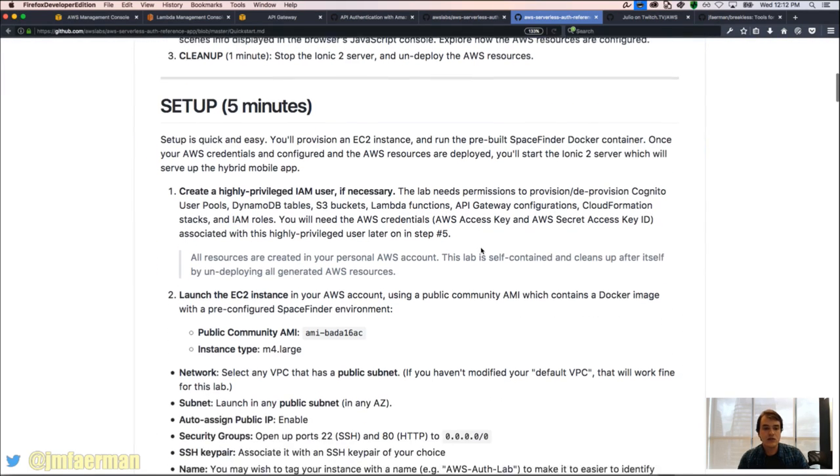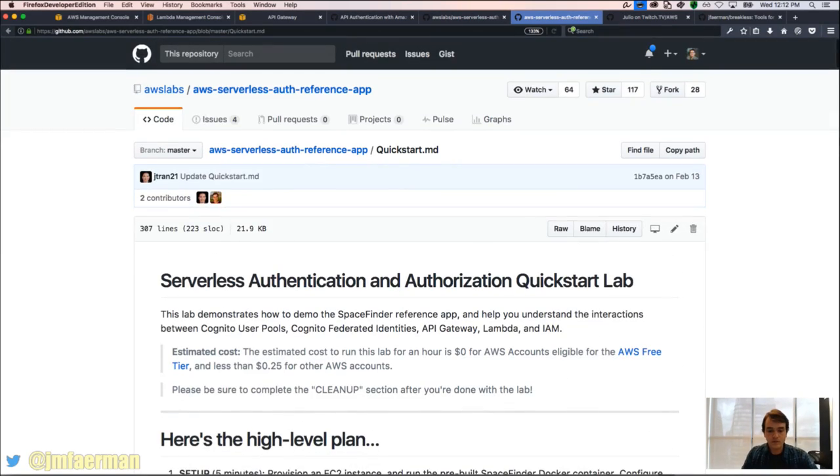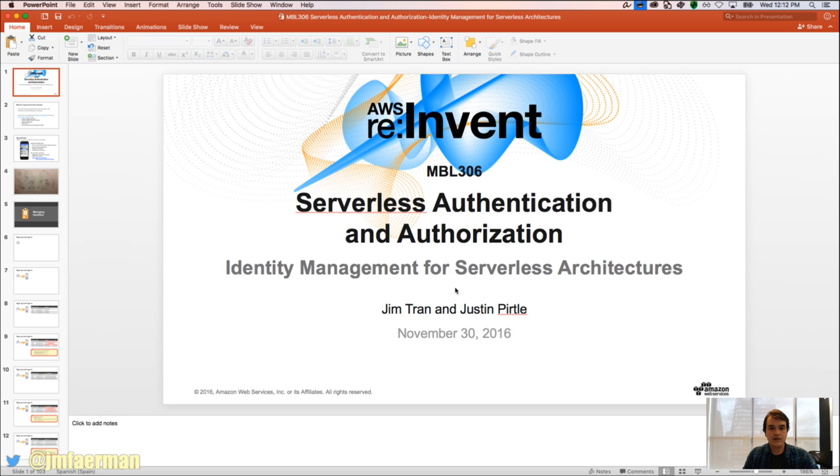Okay, so here's how it goes. And now let's talk a bit about the services that we're going to use today. So we're talking today mostly about Cognito, but we have to understand IAM and a few other services to work with this. And let me just show you the first part of